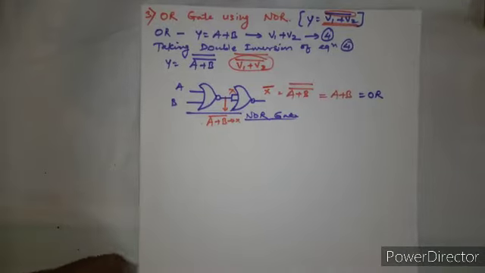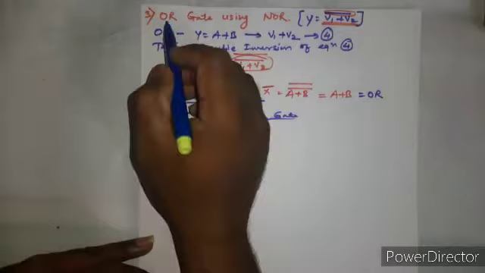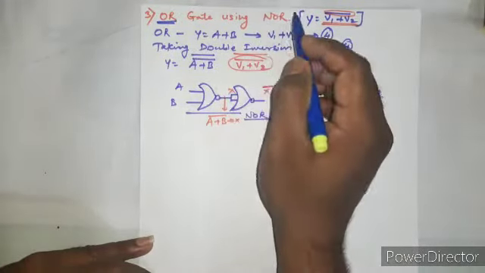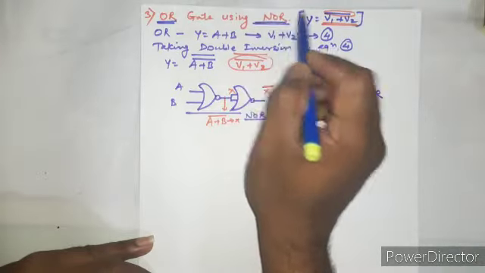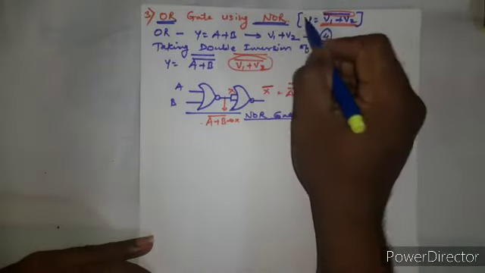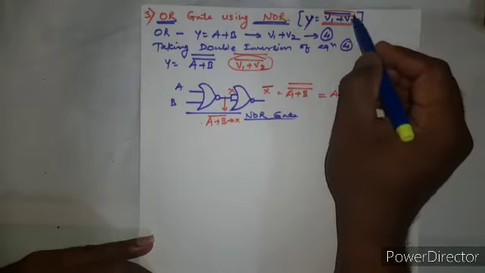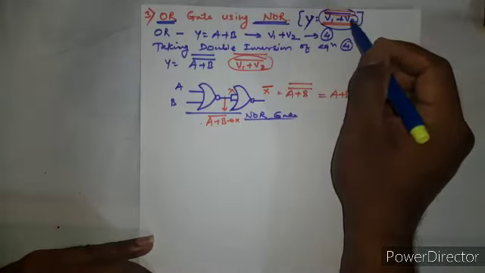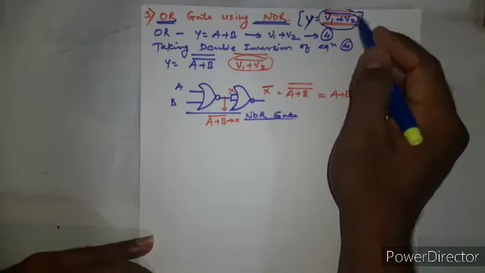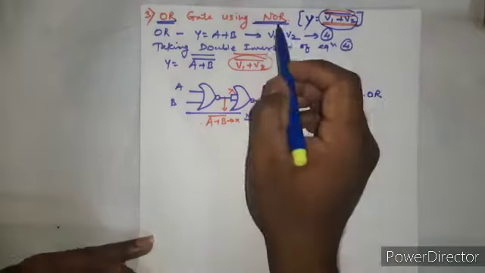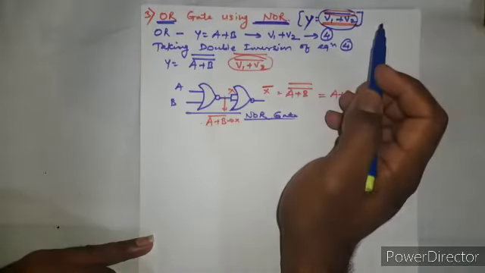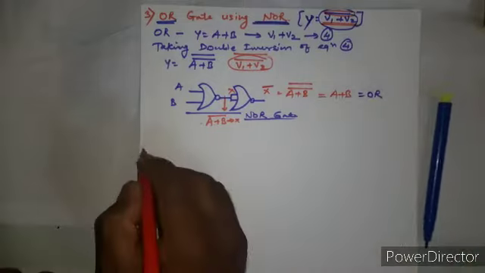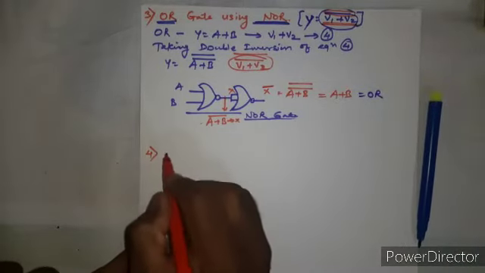Okay, so this is how all other basic gates can be implemented using NOR gate. One very important point here is that you need to convert any given equation into this format if it is asked to implement the given equation in the NOR format, right? In the same way we can try for NAND gate.